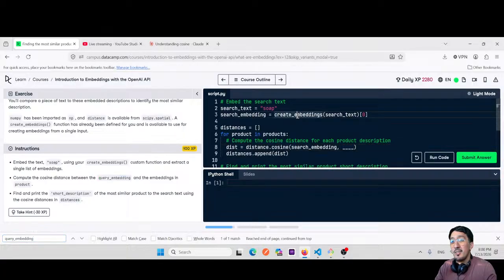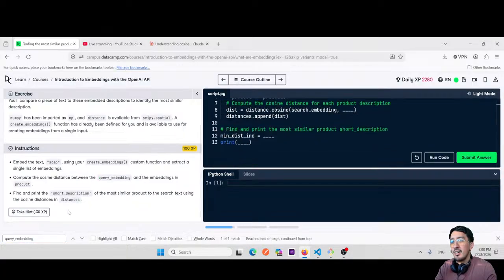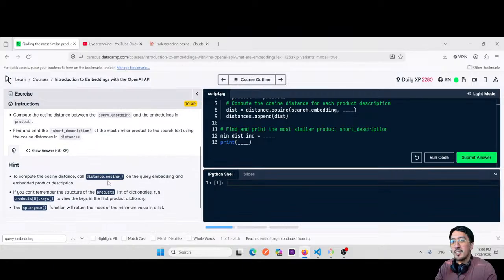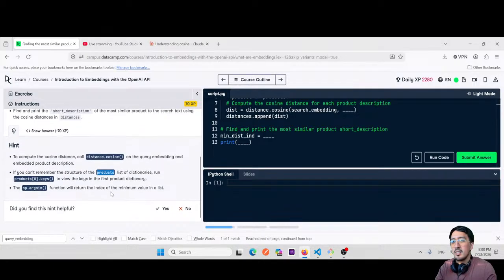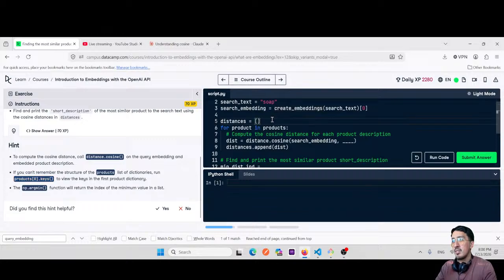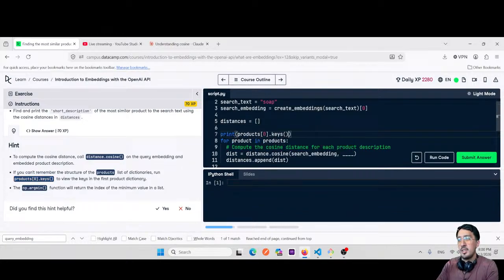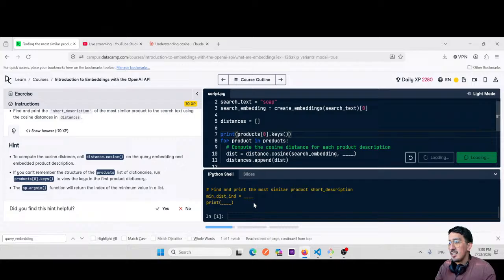So I need to, I'm gonna take a hint, okay? I'm gonna print the keys, because maybe inside of it is already the